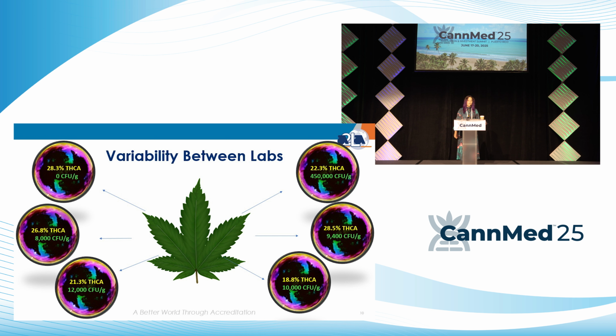So if the laboratory, in the one example where they have 0 CFUs, maybe the processor manufacturer just had the absolute cleanest part of the plant and it wasn't a very representative subsample of the lot or a representative sample for the whole lot. And so maybe that laboratory really did get a 0, and then the manufacturer selects a different portion of their batch to send to another laboratory, and they're getting very, very high microbial counts. As we know, the microbials are usually in like hot pockets in the